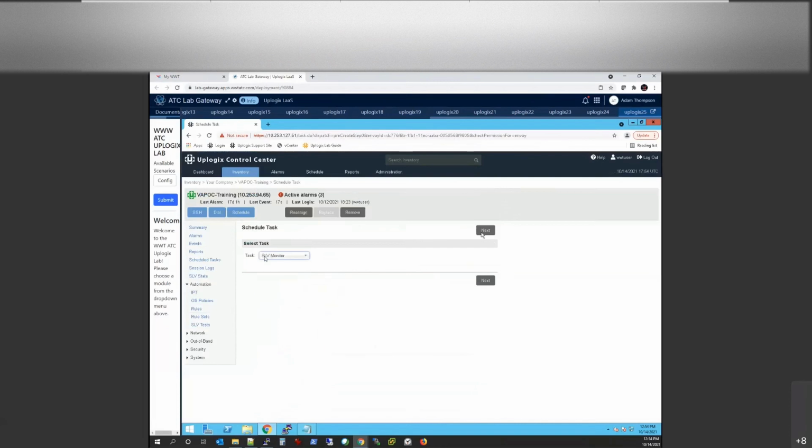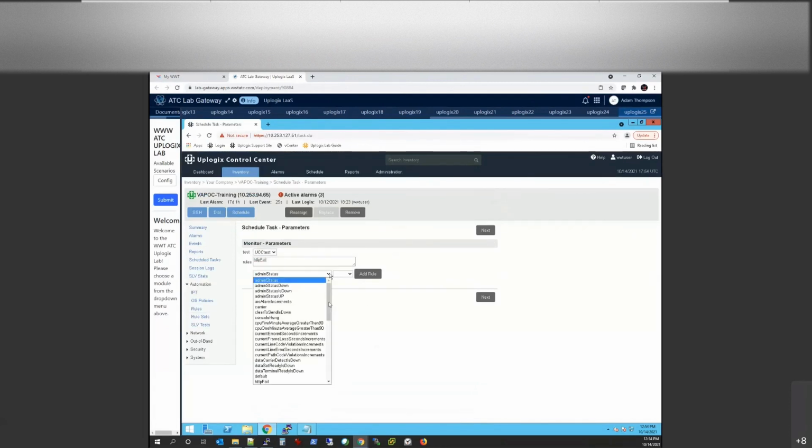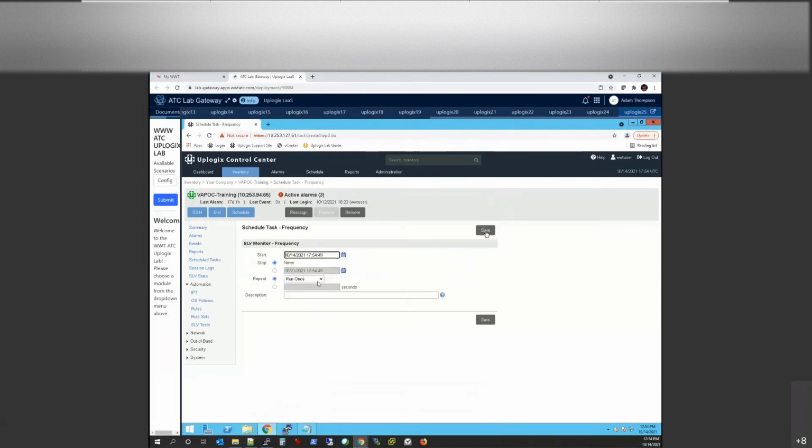Go next. So we've only got one test defined, so that's our UCC test. And I'm going to add that HTTP fail rule to it. We could have done that from this picker here, but I've got it in the clipboard. So if I just hit next here, and I schedule that to run, I don't want it to run once. I would like to do,